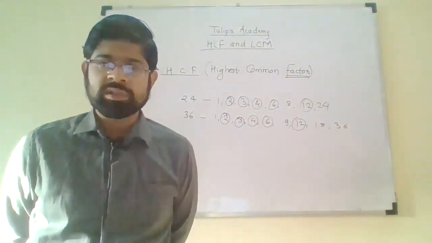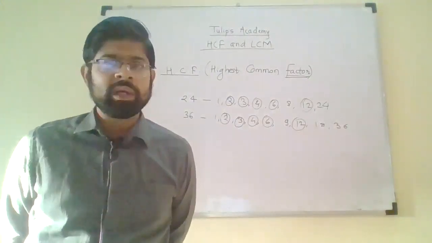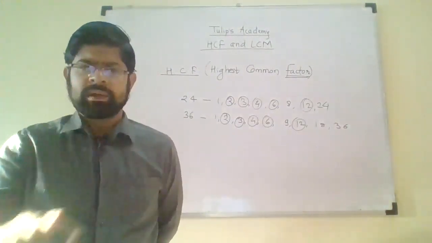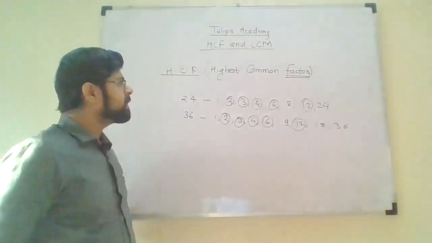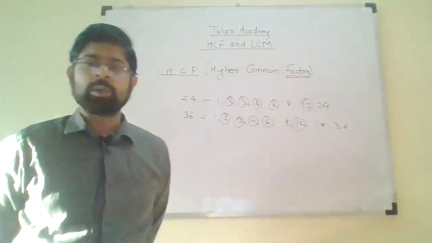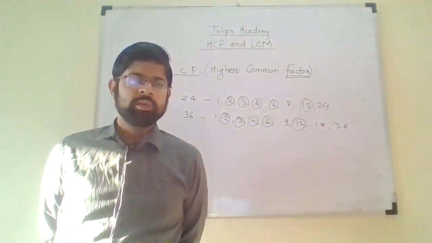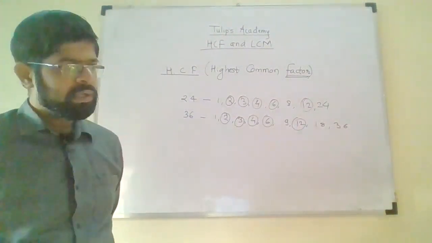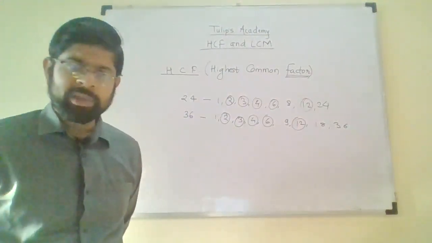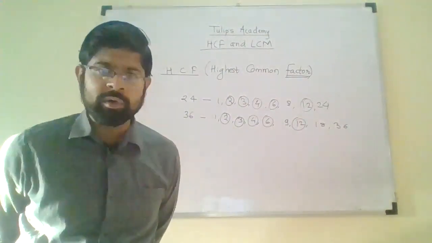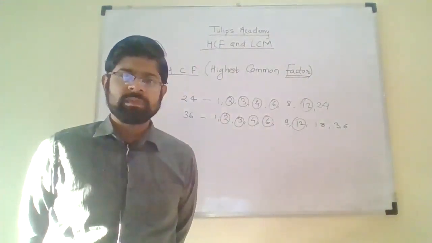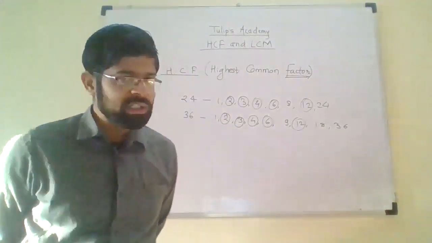And if the numbers are very large, like 1026, like 924, or any number, this method is only applicable when the numbers are smaller. Then and only then can you calculate the highest common factor by this method. It becomes very time consuming, and therefore we must find alternatives, so we will see the remaining two alternate methods.